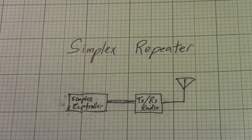Hey, this is Kenneth, and today let's talk about simplex repeaters. I started this lecture series talking about conventional repeaters, which tend to have relatively expensive antenna combiner systems, since they typically only have about a 5 megahertz offset, and you're talking several $100s to several $1,000s for a duplex cavity